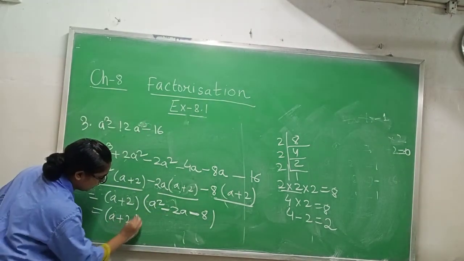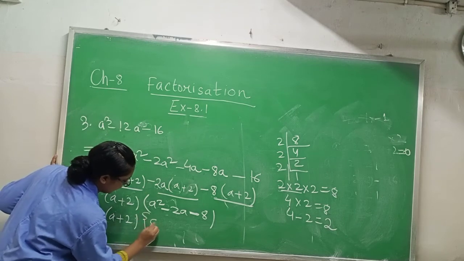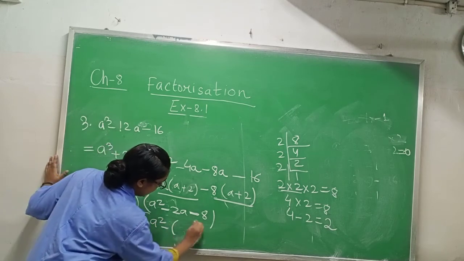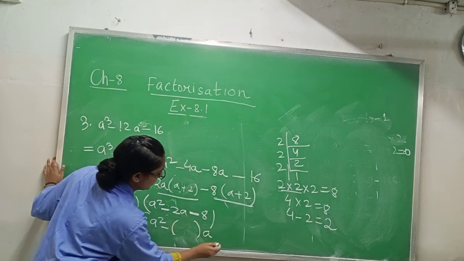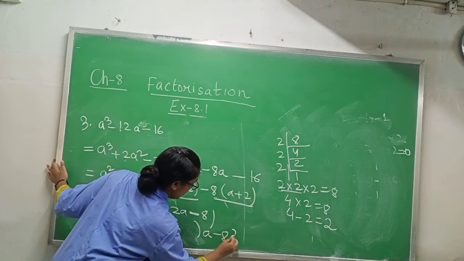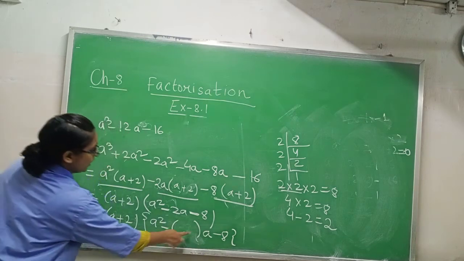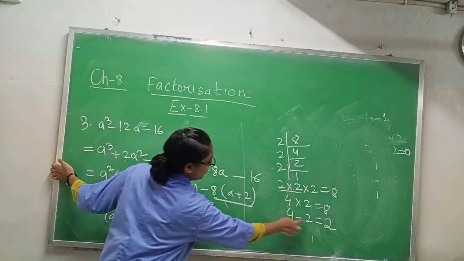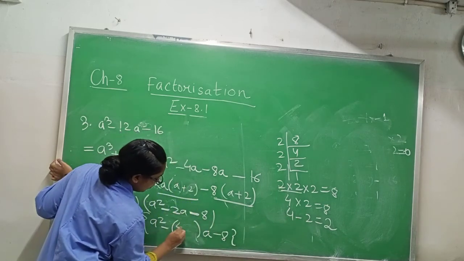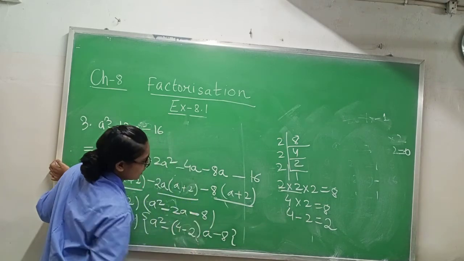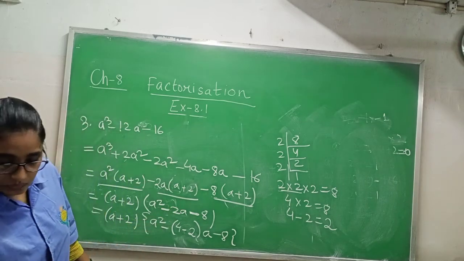So what you will do here, first you will give second bracket, you will write a square minus, then you will give this bracket, first bracket, then whatever variable you have you will write that one, then minus 8 you will write. Okay. Now in this place what you will write? 4 minus 2, because after subtraction you are getting 2 and I need 2. So 4 minus 2, and which sign you will see? This sign. Okay.